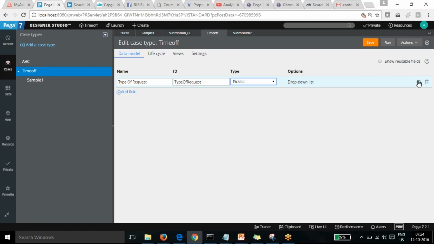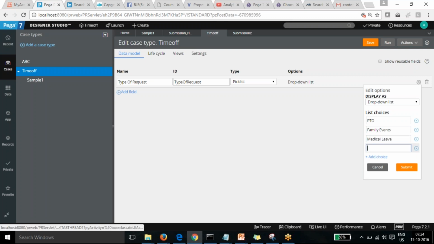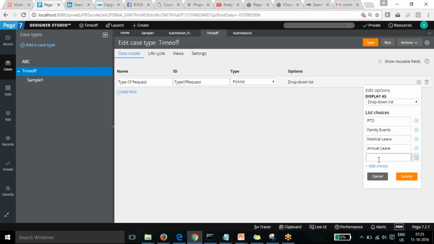If I apply multiple drop down, it will display as a drop down in the UI. So here I can go for PTO, and I can add multiple fields: family leave, family events, medical leave, annual leave, and bereavement.